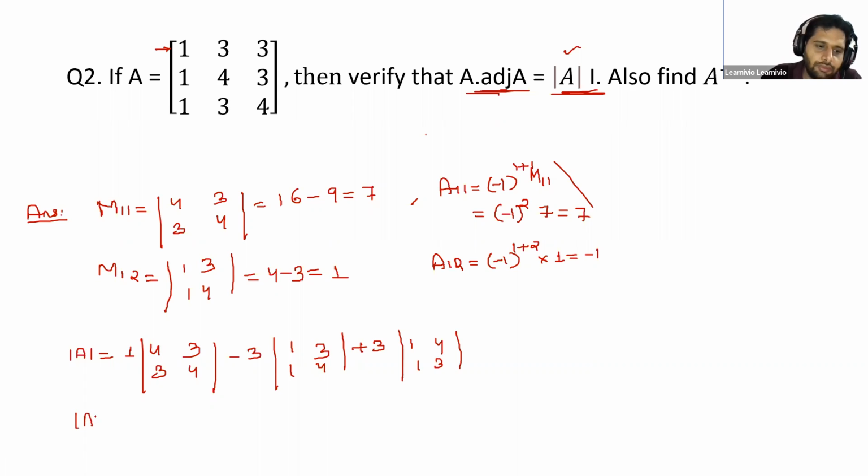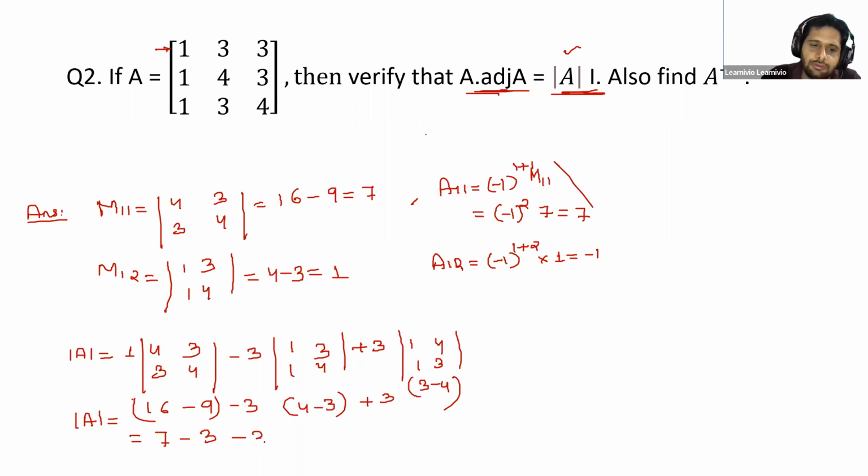So determinant of A is equal to, solve this, 16 minus 9. Minus 3 into 4 minus 3. And this is plus 3 into 3 minus 4. So this is equal to 7 minus 3 minus 3. So this is equal to